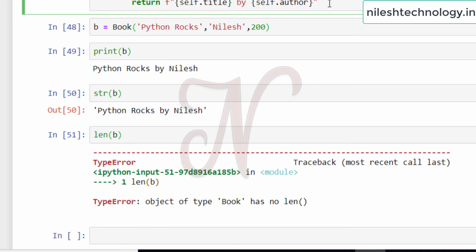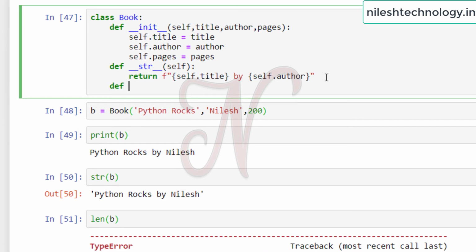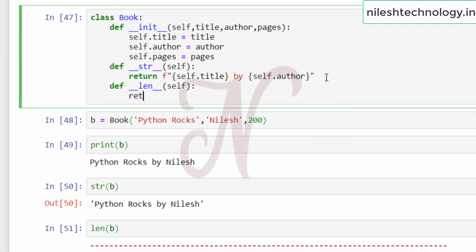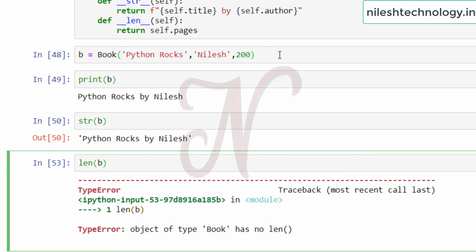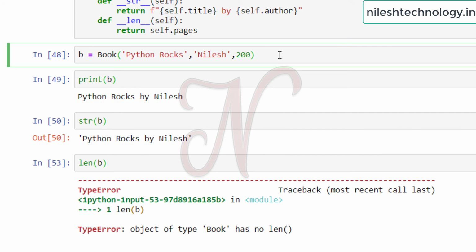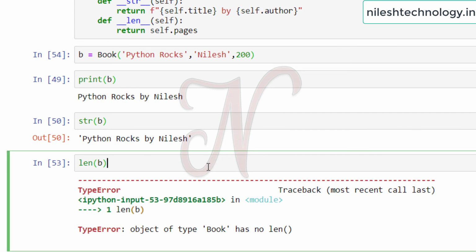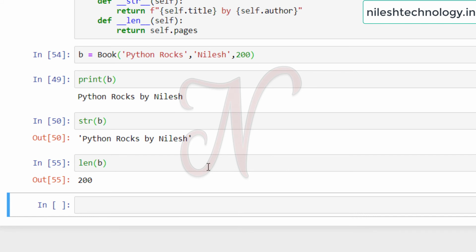Going to this class, we add one function, __len__ with self. Here we return the number of pages, so self.pages. Rerun this code. Again we create the instance of this class and rerun; length of b is 200.